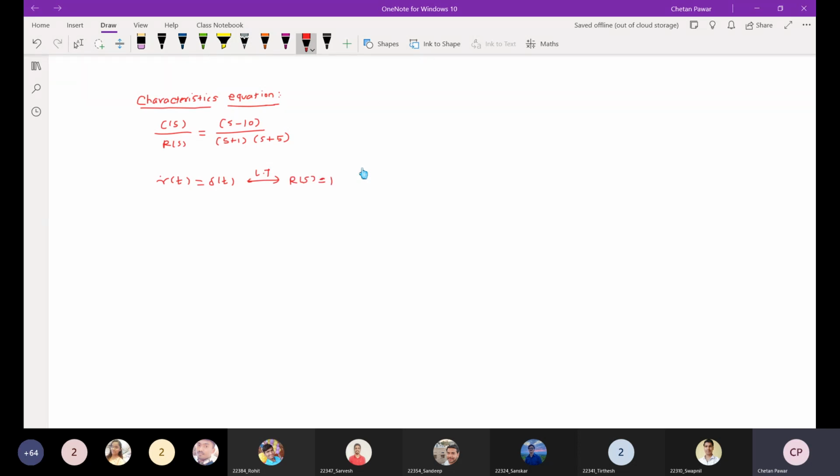And as we have seen, when we apply the impulse signal to the system, at the output side we get the impulse response of the system, right? So the impulse response represents that particular system. Here, I want to find the impulse response of this particular system. So I have applied R of t equal to del of t, so R of s is equal to 1. So C of s will be